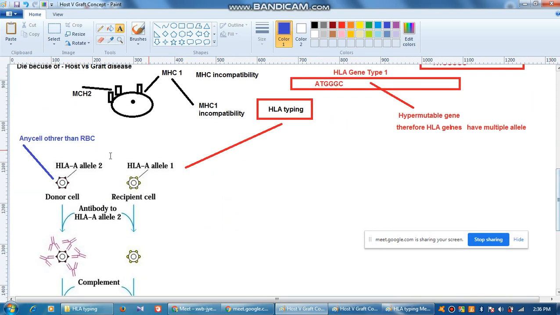So in order to start the method, we can take any cell other than RBCs. Now why is this? Because in RBC you will find no MHC1, because this is a non-nucleated cell. Also RBCs do not have any kind of HLA, okay. As you already know, HLA, the name is nothing but human leukocyte antigen. That means those are the antigens which were first identified in WBCs. So this testing we can do